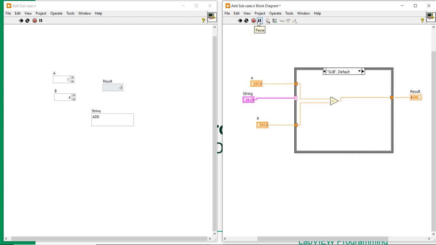As programmers, developers, LabVIEW trainers, teachers and other scientists, we suggest that you try to avoid using a string as a case selector. Try to avoid using a string as a case selector. In place of this, you can select something else. As I told you, in a case structure, you can give the proper